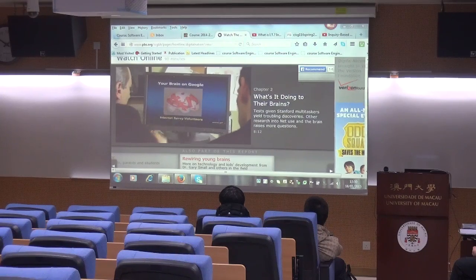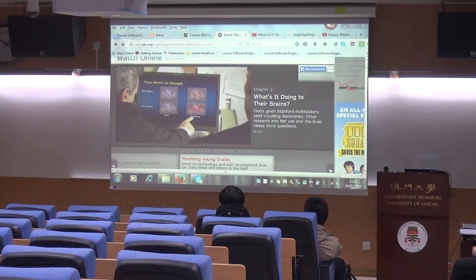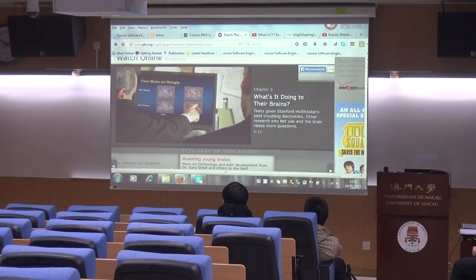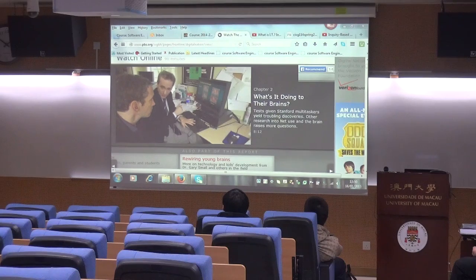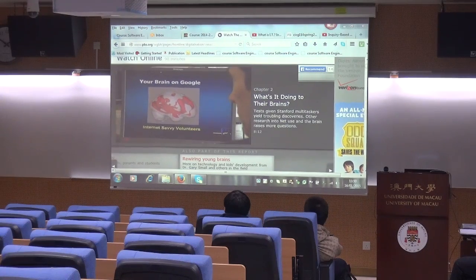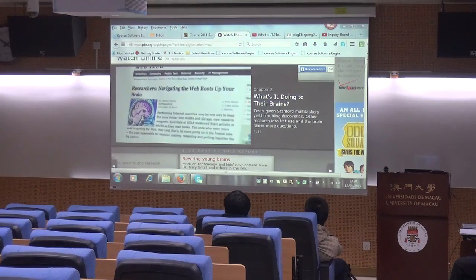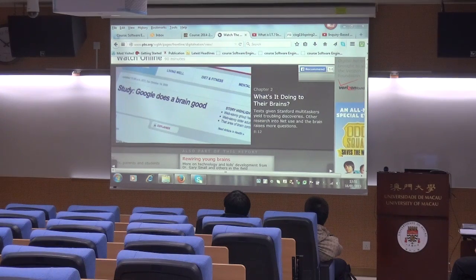Here's your brain on Google. More than twofold increase in the extent of activity. Notice how much activity there is in the front part of the brain, the decision-making part of the brain, which makes sense because we know we're making lots of decisions when we're searching online. So you'd think more brain activity, all that red, means Google is making us smarter. And in fact, that's what most of the headlines said when Small's research was first released.